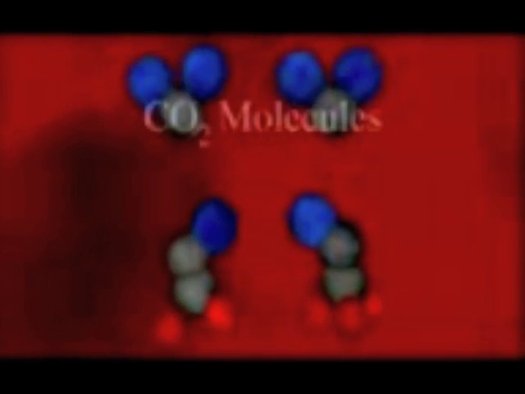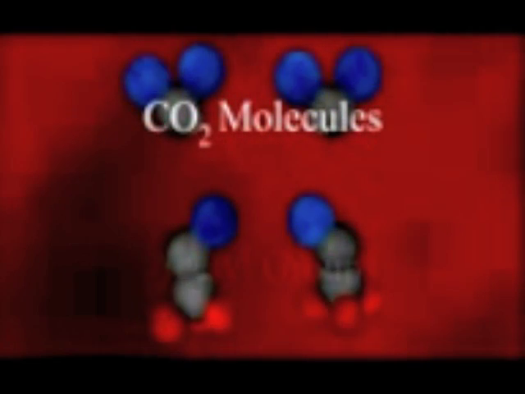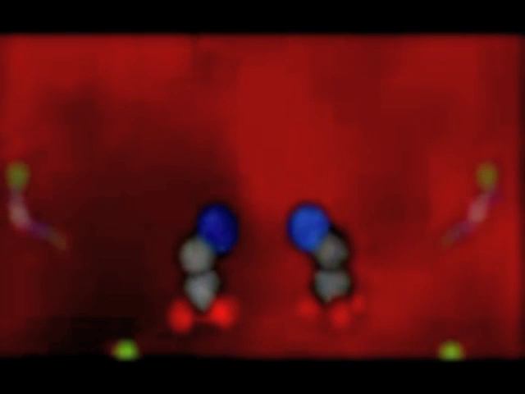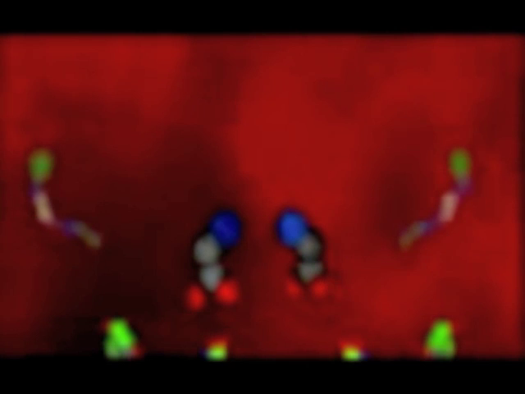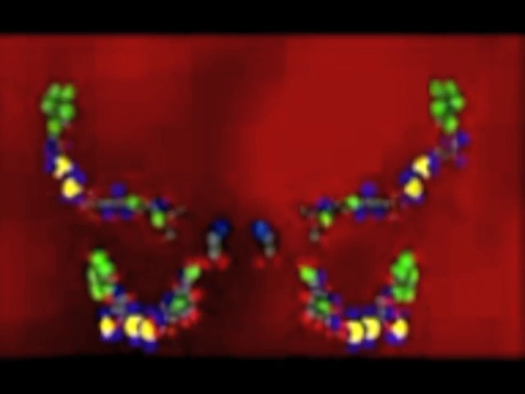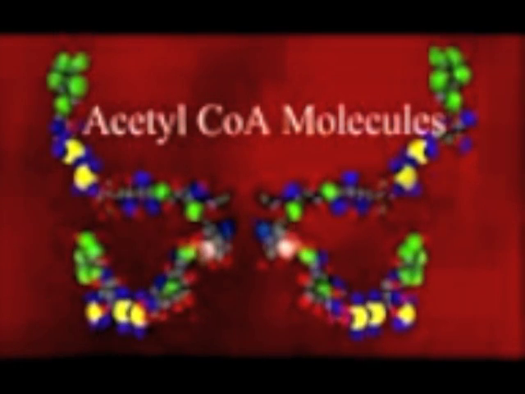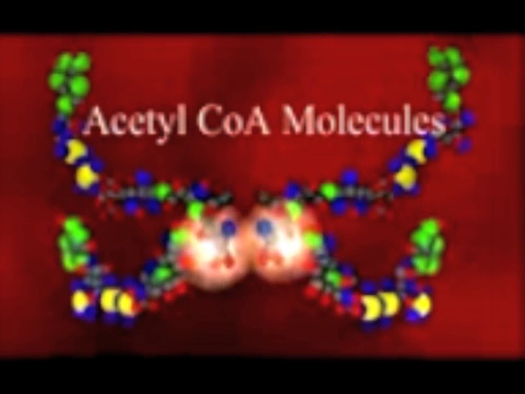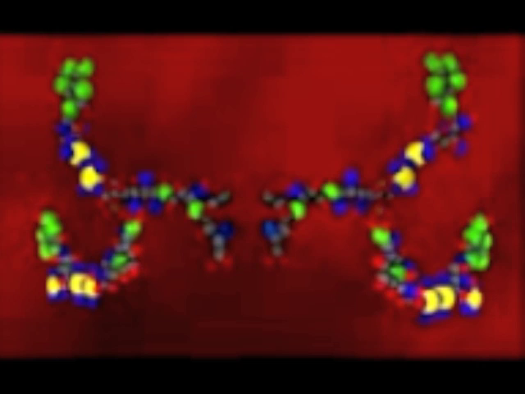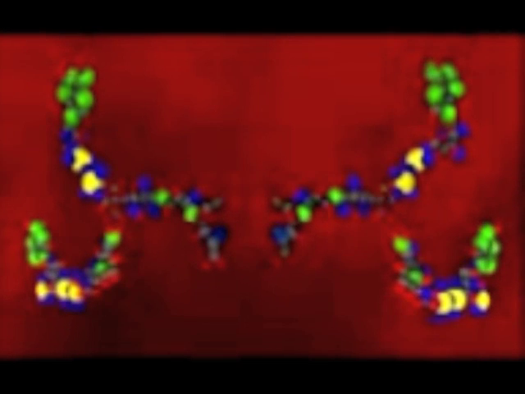The molecule is split into a CO2 molecule and a 2-carbon molecule called an acetyl group. Each acetyl group immediately attaches to a molecule called coenzyme A, forming an acetyl coenzyme A complex, or acetyl-CoA for short. During these reactions, an energetic electron and a hydrogen are transferred to positively charged NAD+ ions, forming 1 energy-carrying